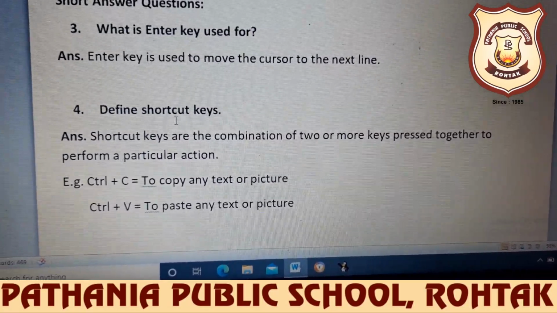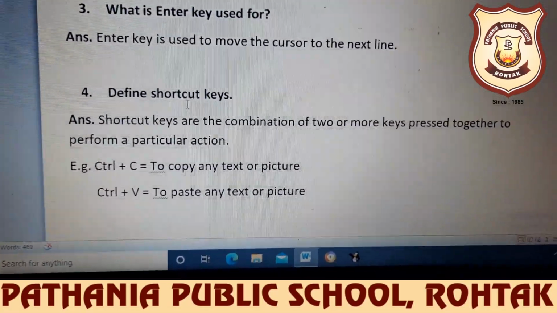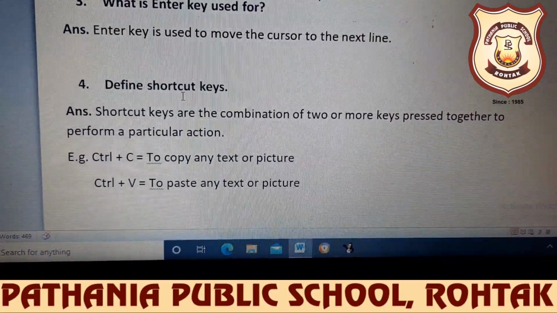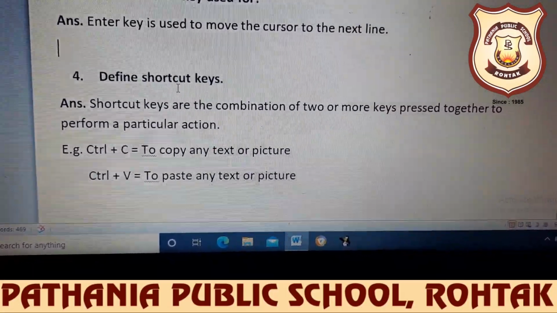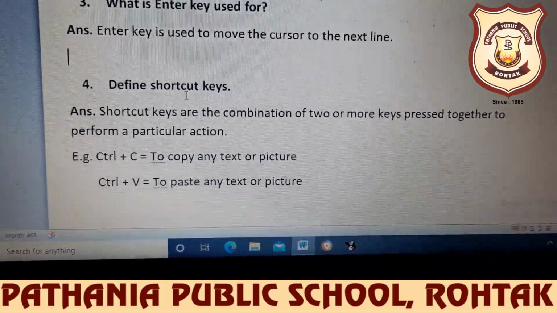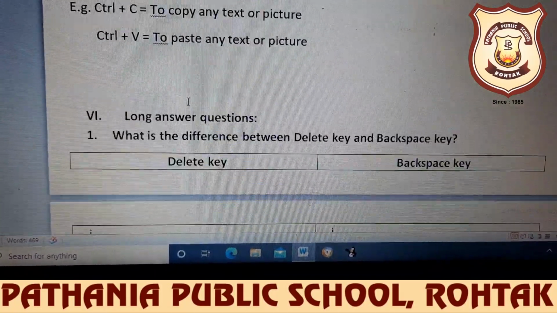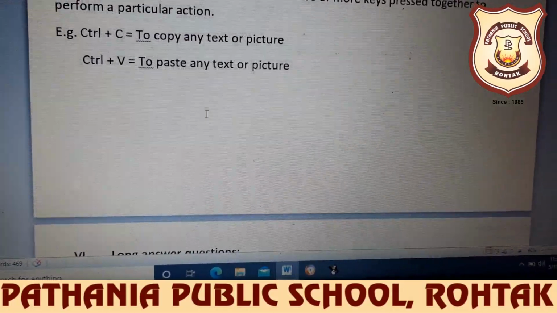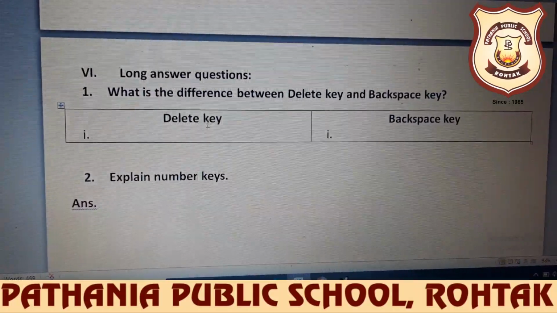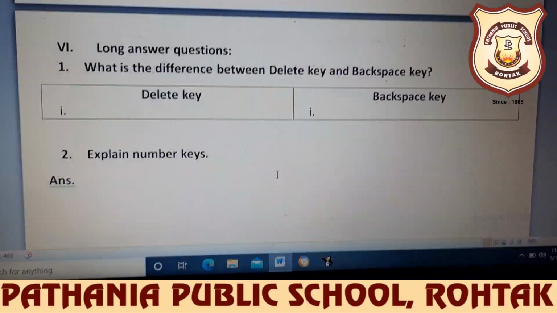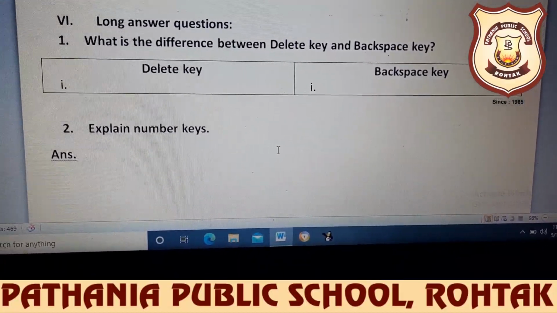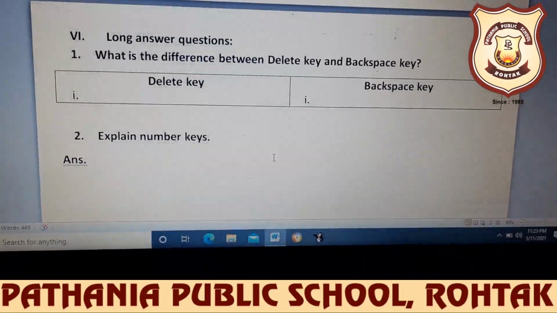Now those who have done, leave 2 lines and write down the 6th part, long answer questions. After that leave 1 line and write down the first question.